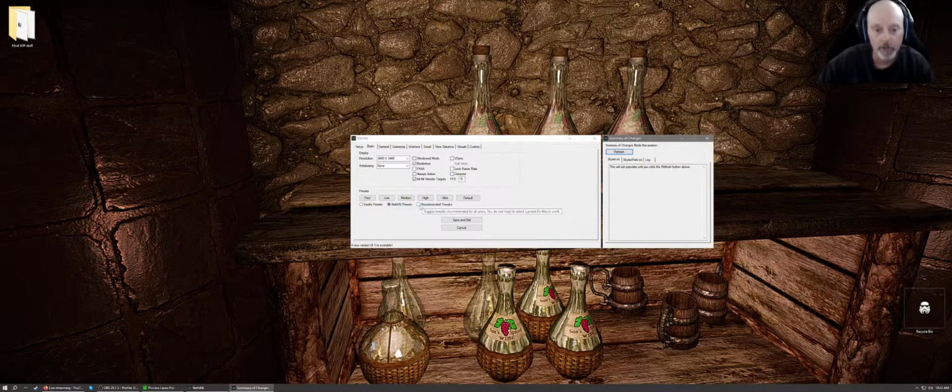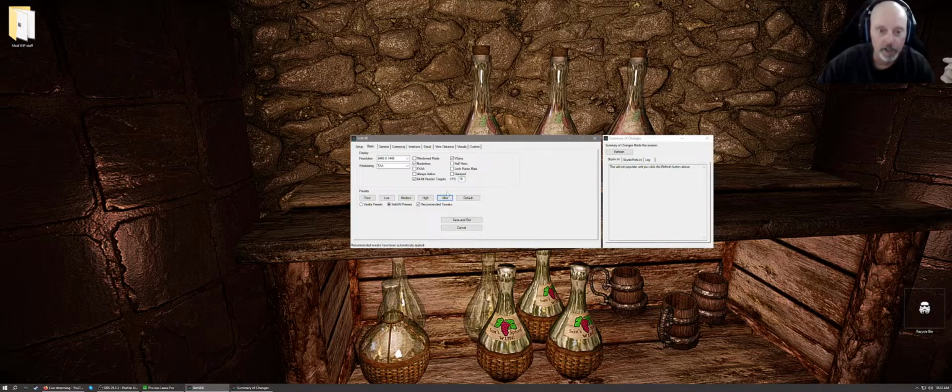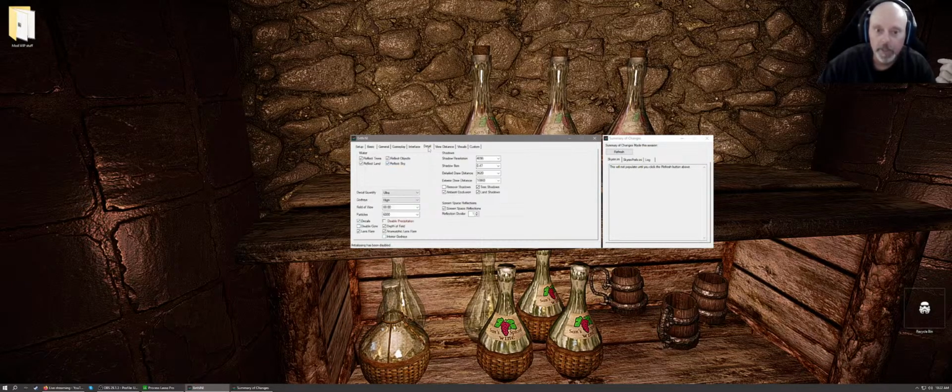I do recommend hitting recommended tweaks and setting it to ultra. And also knowing kind of where your bottleneck is. So I know, let's turn that off, turn that to none. Detail, I leave pretty much all of this where it's at. I turn off ambient occlusion here because again, it's going to be happening at the post-process level. So I don't want to do it at the game level and at the